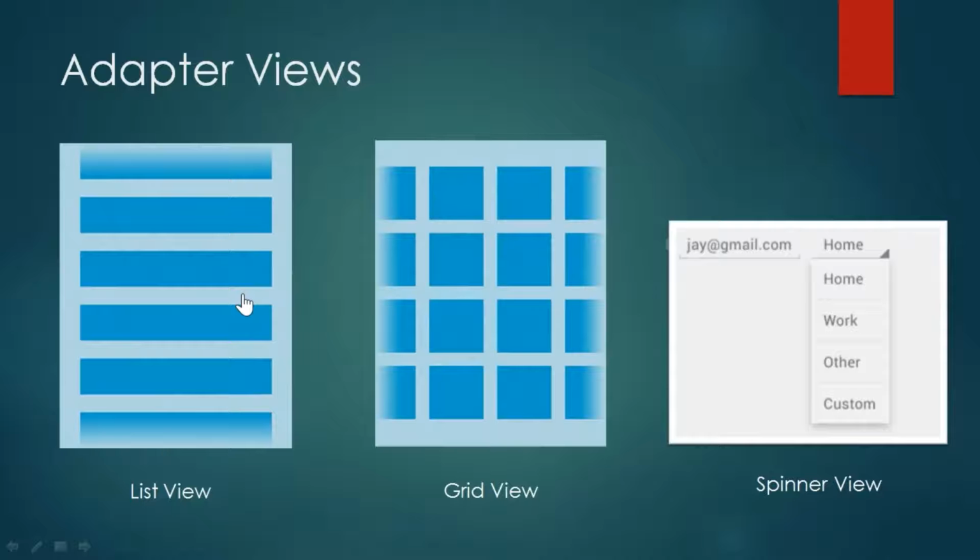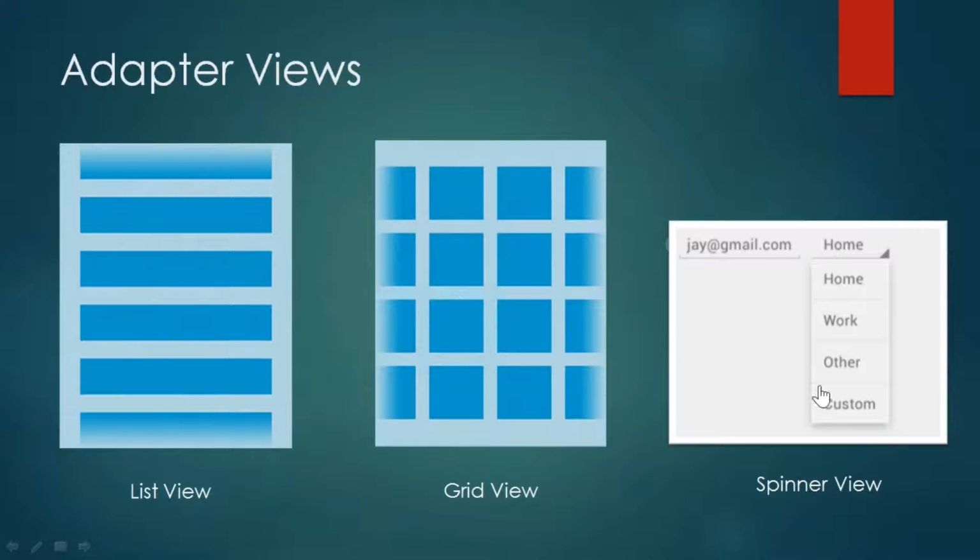The list view is going to show you a list of items. We observe this very commonly in real life, for example in the Gmail application, WhatsApp, and the contacts application. Plenty of applications on any Android phone use the list view format. And the grid view is a two-dimensional grid of items. You mostly observe this in your gallery application.